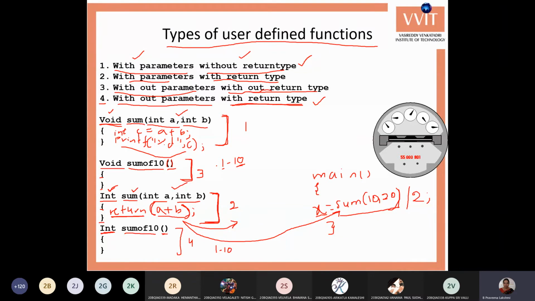This function does not have any input values, but it returns the result to the main program.